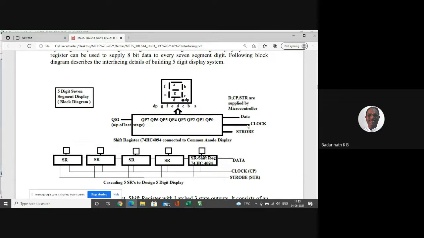So how do you push the data? Every data clock pulse will be using it. How do you generate a clock pulse? It is a low to high. This pin, what is required? You have to make it low and then high. One time if you make it, that is nothing but one clock pulse. Then after pushing this data and the data is available here, immediately the 7 segment copies the data and displays